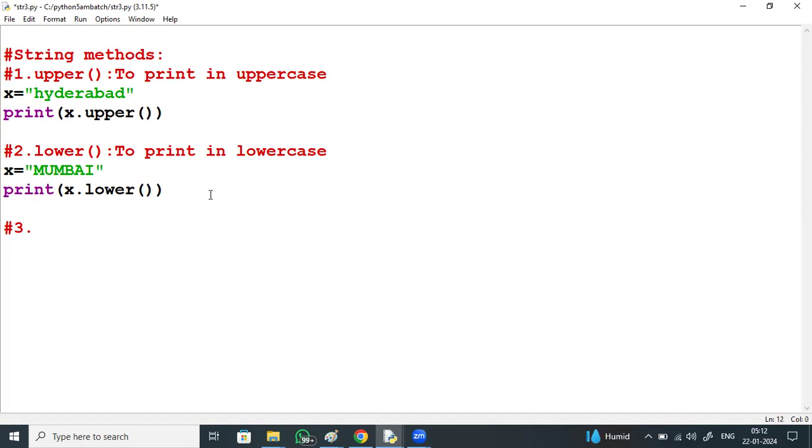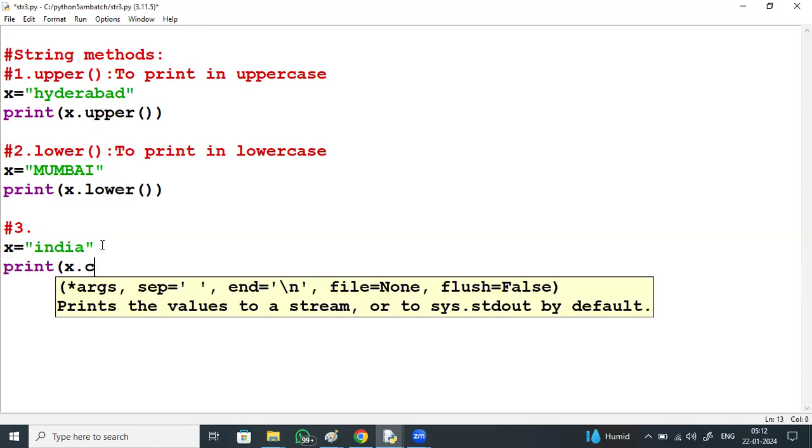For example, x equal to India. I want only the first character, I, in uppercase, and the remaining all in lowercase. Only I should be in uppercase. For that, we have one more method, x dot capitalize.